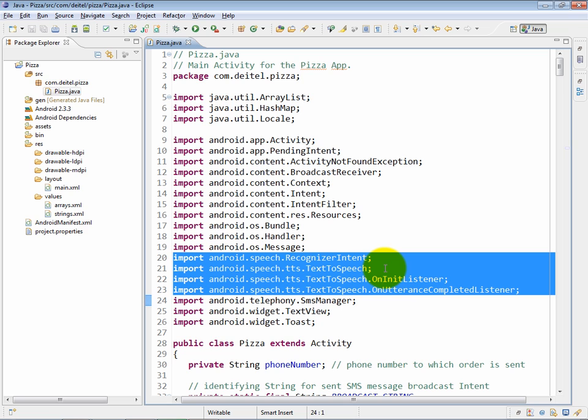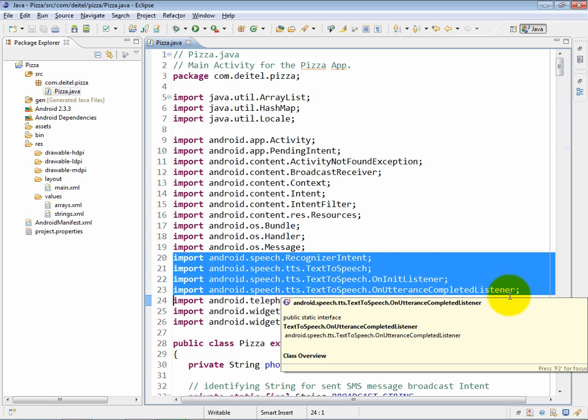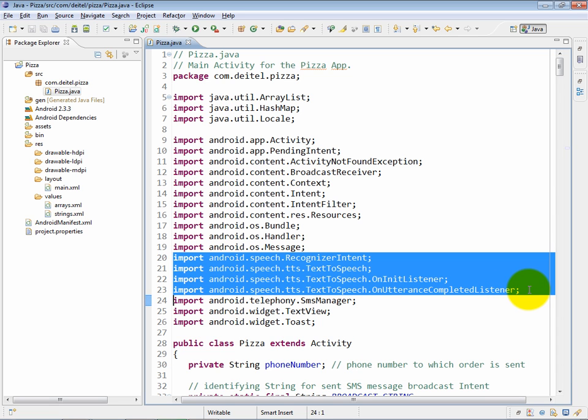So the TextToSpeech object will be used to actually speak text to the user. The OnInitListener will be invoked when the text to speech engine has been initialized. And then finally, the OnUtteranceCompletedListener will be invoked every time the text to speech engine finishes speaking